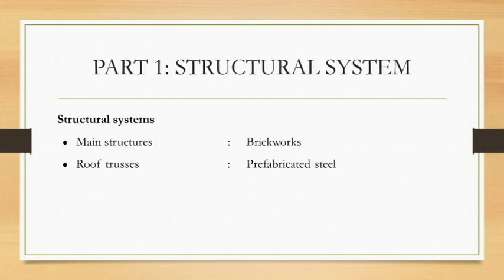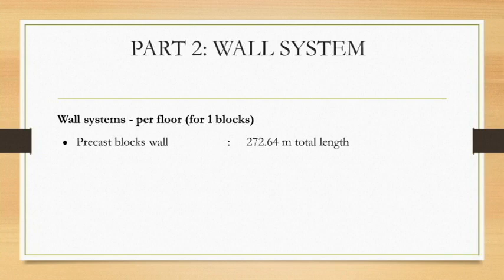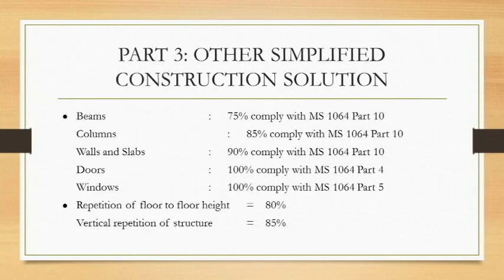The structural system used for the main structure is brickworks, and for the roof trusses we use prefabricated steel. For the wall system per floor for one block, we use the precast block wall system, which is 272.6. For part 3, which is other simplified construction solutions for beams, columns, walls and slabs, doors, windows,